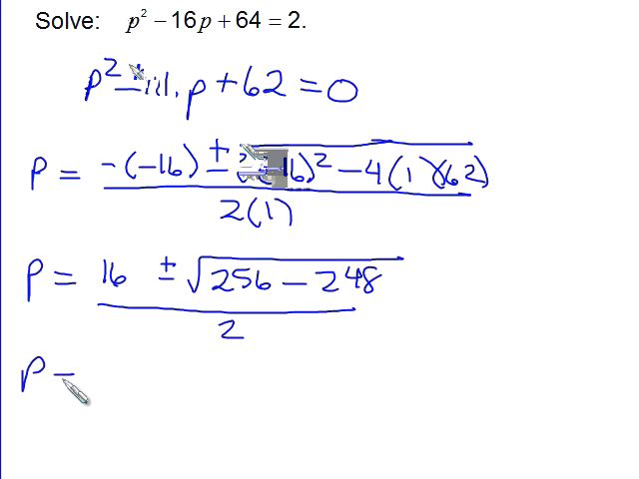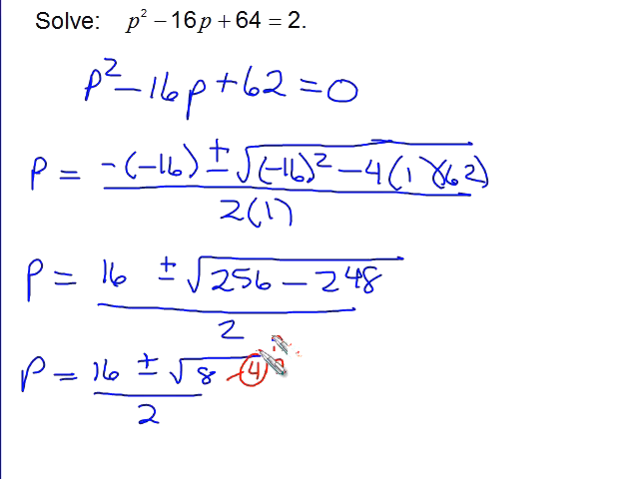So simplifying again, we have 16 plus or minus the square root of 256 minus 248, which is 8, all being divided by 2. Now I can simplify the square root of 8 because it's 4 times 2, and 4 is a perfect square. So this will give us 16 plus or minus the square root of 4 is 2, leaving us with this other 2 inside, all divided